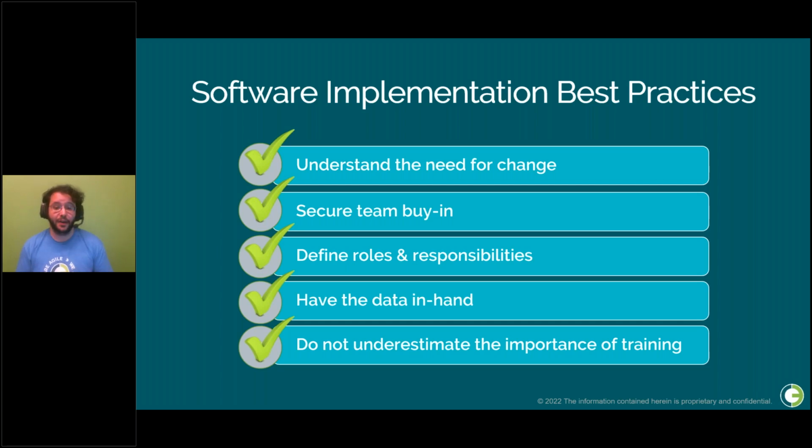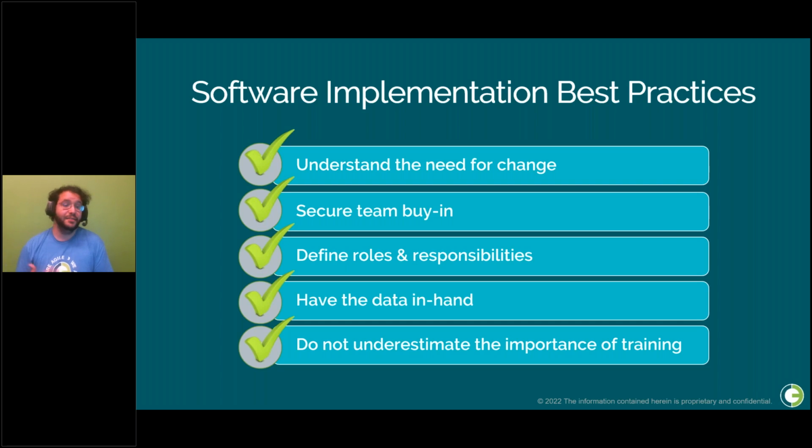whether they're providing data, acting as a point of contact, assisting with onboarding, etc. I know I sound like a broken record with this, but have your data in hand and ready to turn over before configurations begin. In my experience, this has been one of the biggest holdups for implementations. Not having that necessary data limits what your implementation team can do.